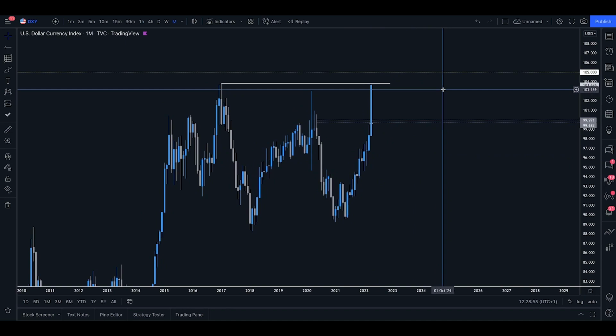So looking at this from a fundamental perspective, we have one major reason why the US dollar is going up so much, and that is all of the money that is flowing into the US dollar. There are multiple reasons that money is flowing into the US dollar. The first was, after the economic weakness and the slowdown, the US wanted to raise interest rates to encourage a balancing out of the economy.